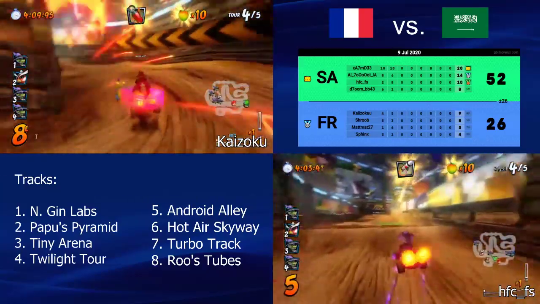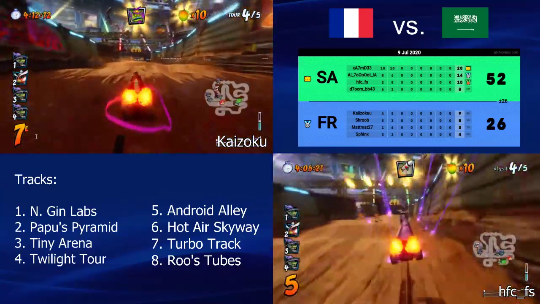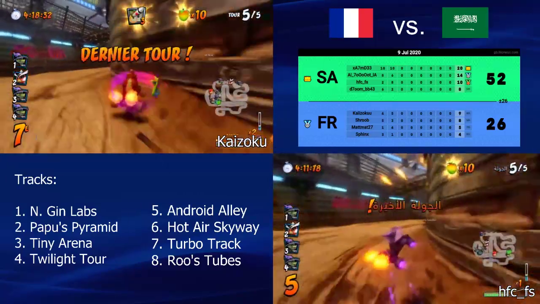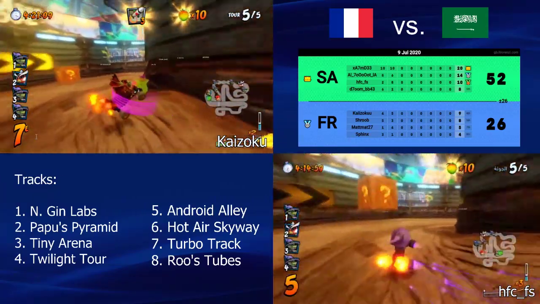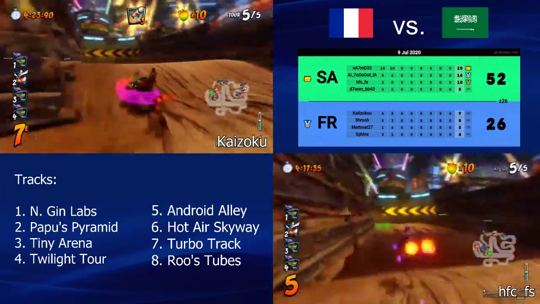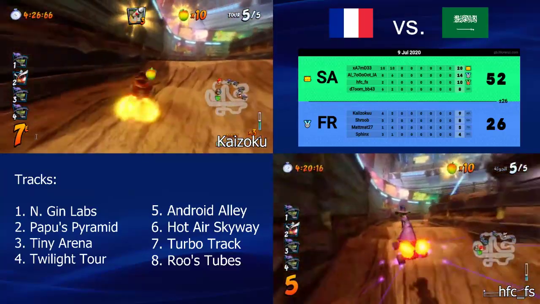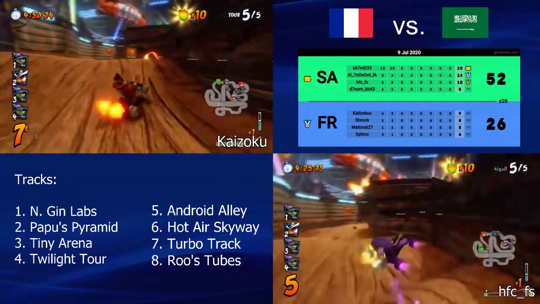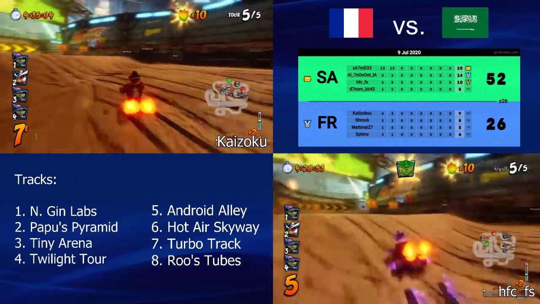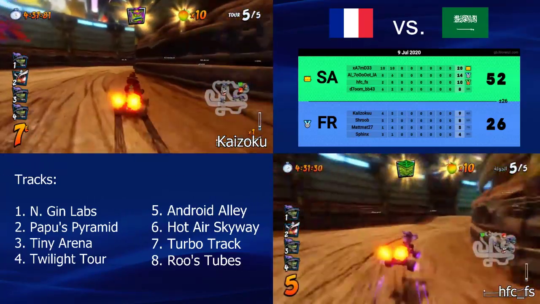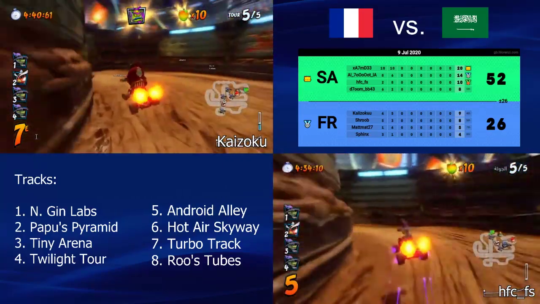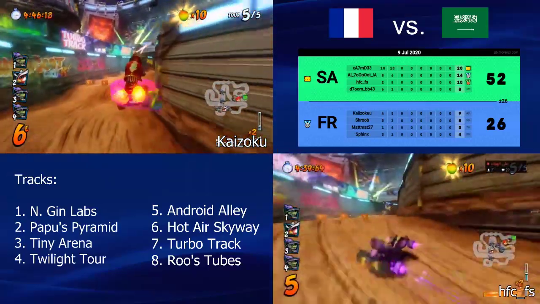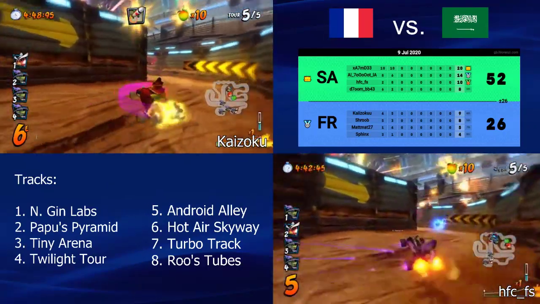We see Sphinx still holding onto that second place. Sphinx still has the chance to bring his teammates back into the game if he manages to backspam third place. I don't know who is in third place, because they are all playing the same character and same skin, but if Sphinx can do some good plays here and backspam third place, then we might see Kaizoku or Shroop being able to catch up to them. I think that third is Doom, and fourth is Alhut. But unfortunately, Shroop hits the Nitro there in the S section, so he's gonna fall behind a lot now.